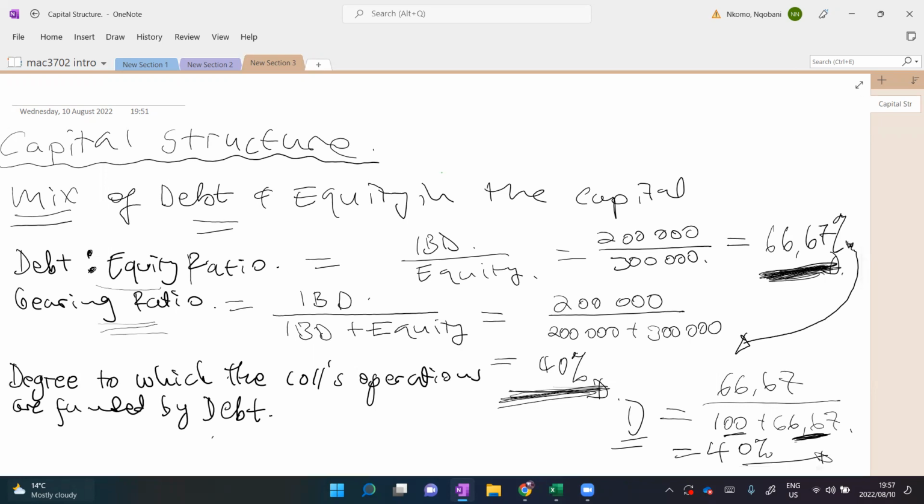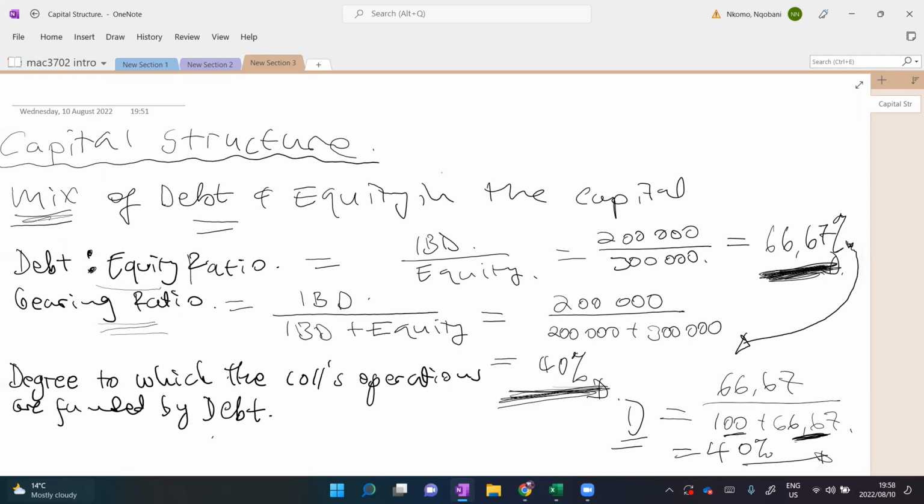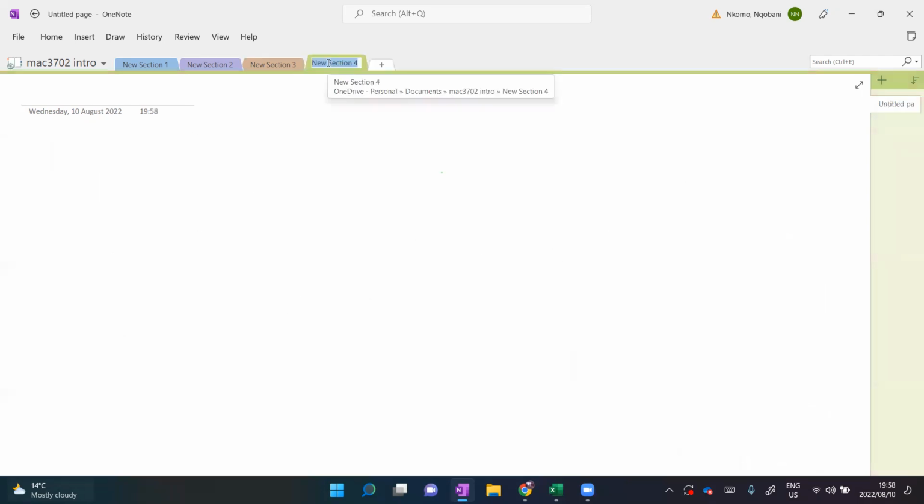We're looking at the degree to which the company's operations are funded by what? By debt. Or we can just simply say our capital structure is just a mix between debt and equity in its capital. Are we together? So one would ask, okay, if I start a business and I don't take any debt, what effect is it going to have on my operations? Because what I do, I just raise my capital through the issuing of shares. Does debt have any advantage to me as an organization if I don't take it? Are we together? Or if I take that, is it going to have an advantage to the